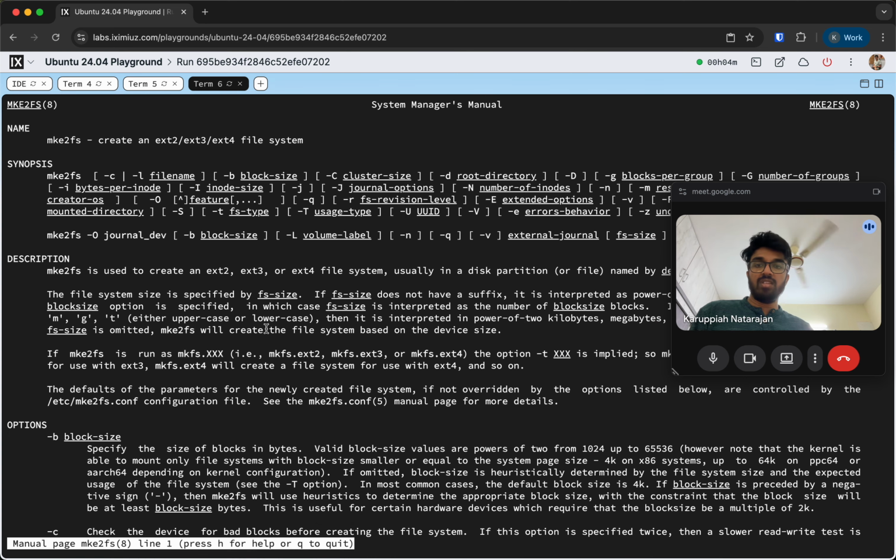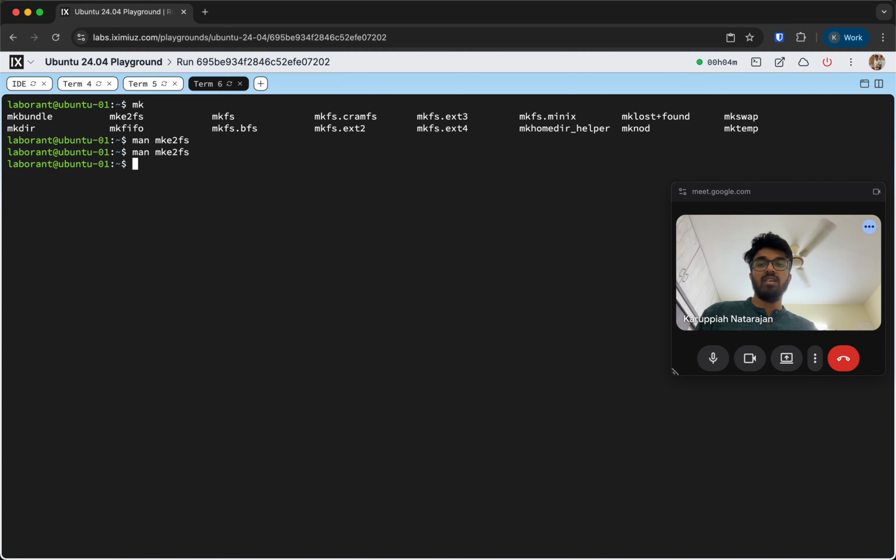And actually when you use mkfs.ext, it basically runs it with -t over here. The type is that. And so basically if you do